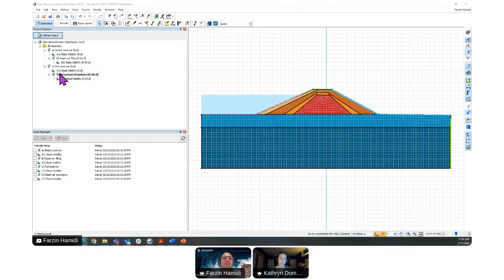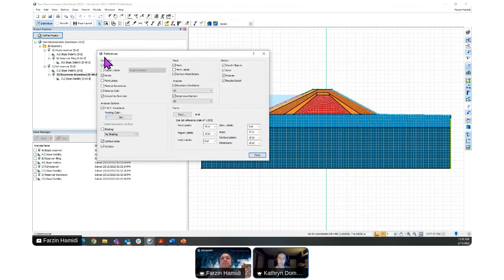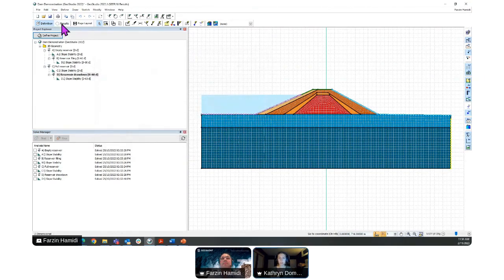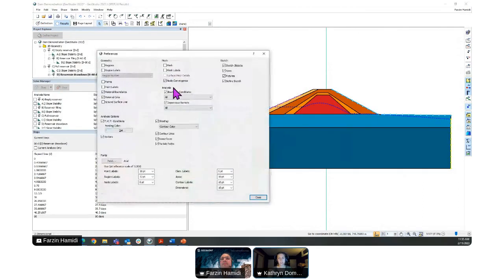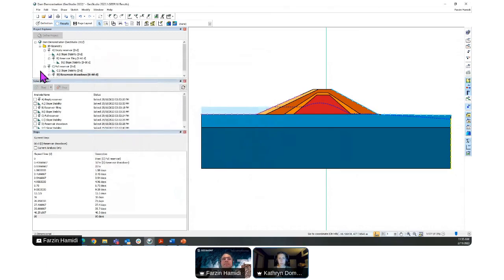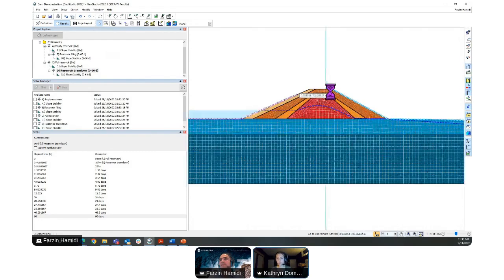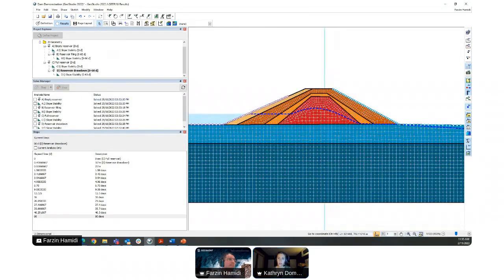And I'll just quickly say, Farzan, if you want to open up view preferences, I don't think you have any convergence issues in this file, but the red X's and the gray O's just suggest that if you see a red X, both of the convergence criteria were not met, and if you see a gray O on the domain in your results view, that means that one of the two convergence criteria was not met. So that suggests that you're having convergence issues. I just wanted to bring up that question quickly because it is related.